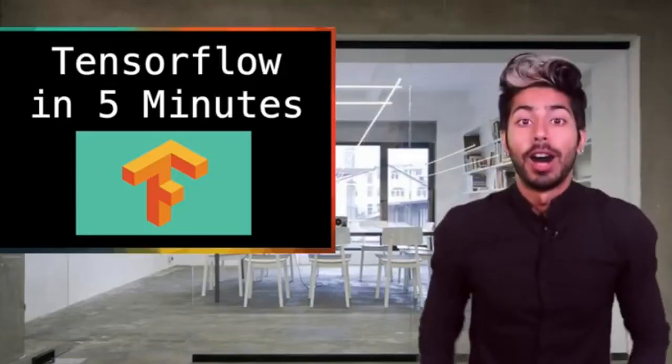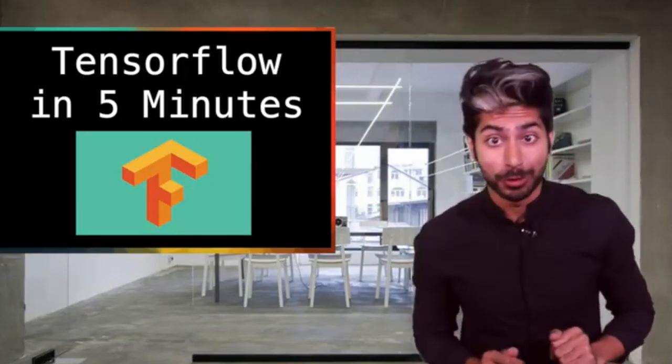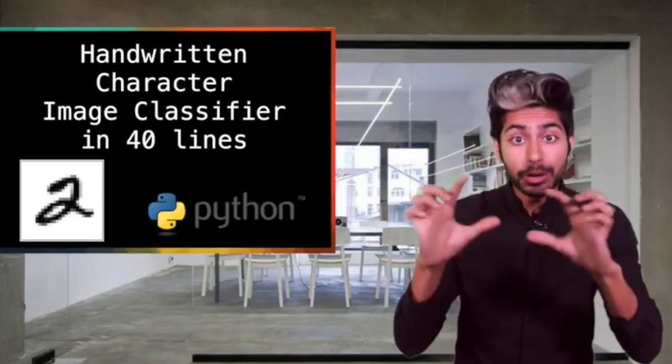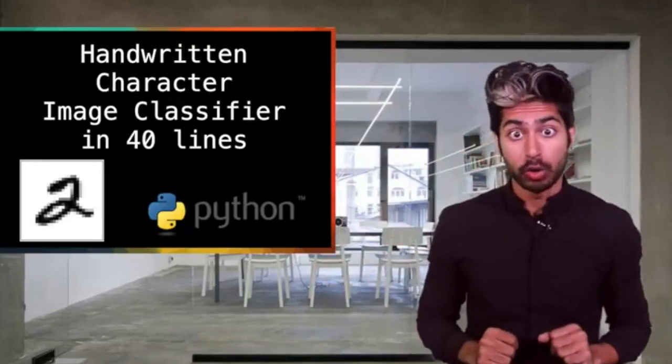Hello world, it's Siraj. The most popular machine learning library in the world right now is Google's TensorFlow. We're going to use it to build a classifier that can look at an image of a handwritten digit and classify what digit it is in under 40 lines of code. Basic. Pretty much every single Google product uses machine learning in some way, whether it's image search, image